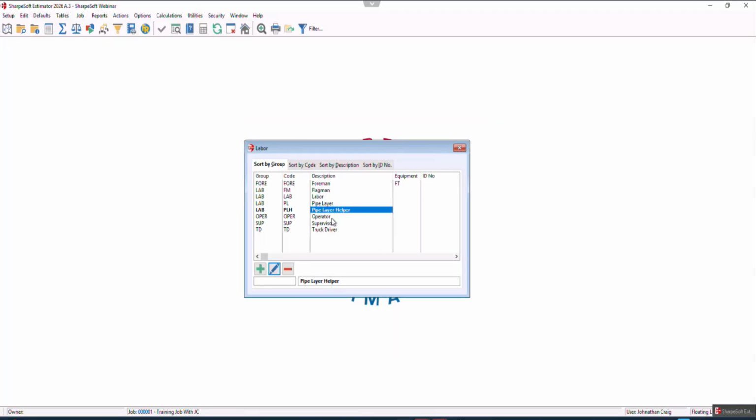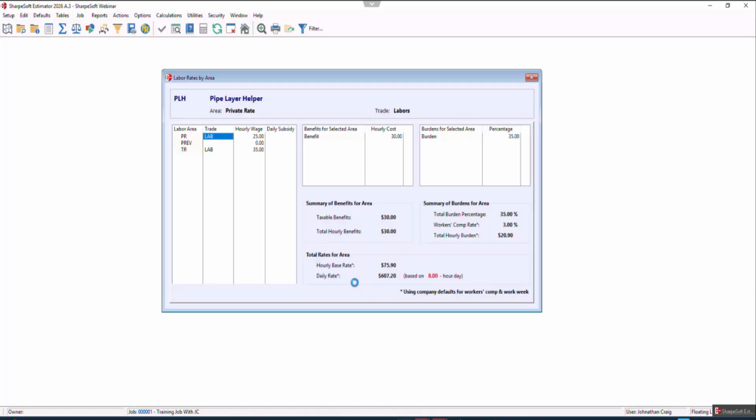And if you noticed, nothing changed, right? But inside the pipe layer helper, now we have 2 different rates. We have the $25 rate, and then we have the $35 rate. And then you could change those, intermittently, however you need to. But that is the long and the short of how to import